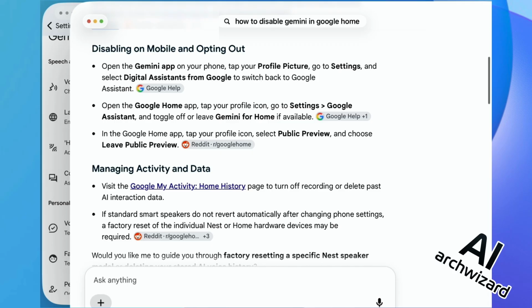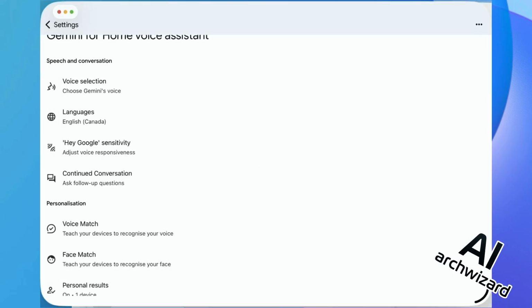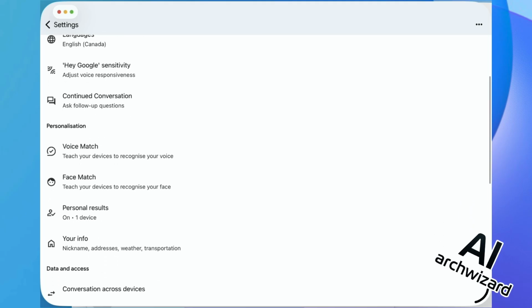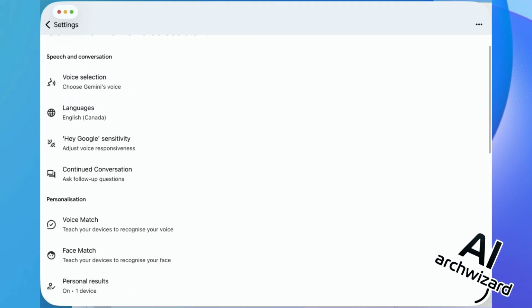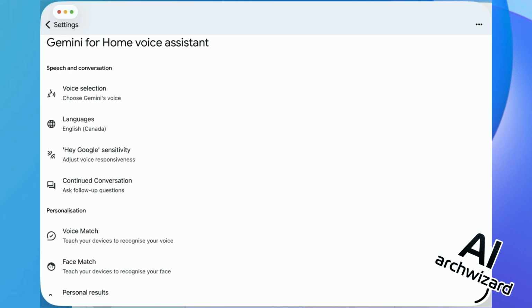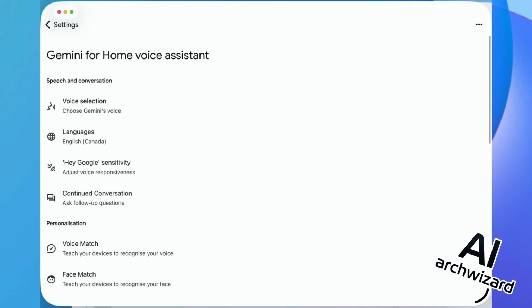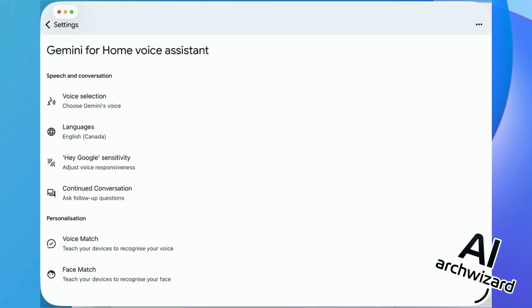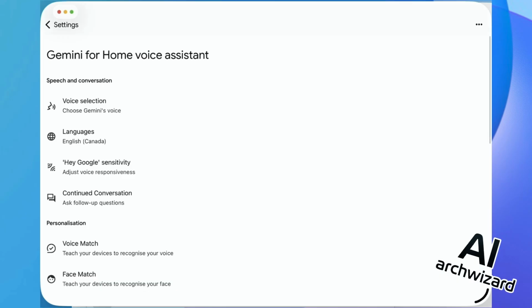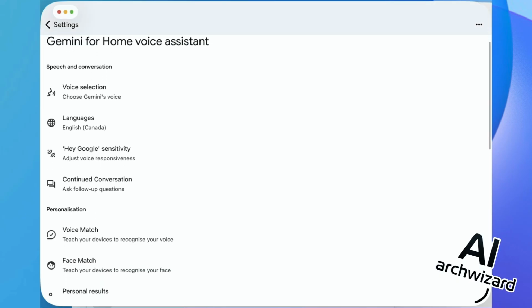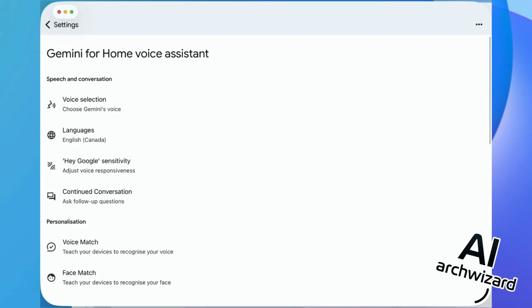So you see, these are the ways. Shame on Google for not enabling people to go back to the old assistant without generative AI. They have just enabled it, and a lot of people have problems with it. So I showed you ways how to revert, how to go back to the assistant without generative AI, without Gemini.